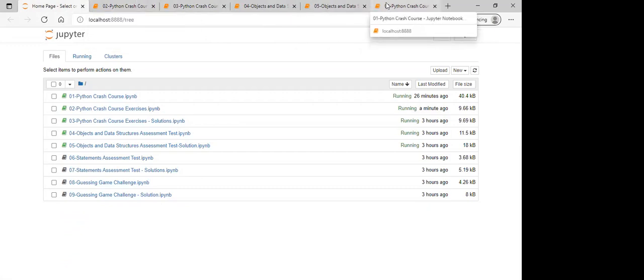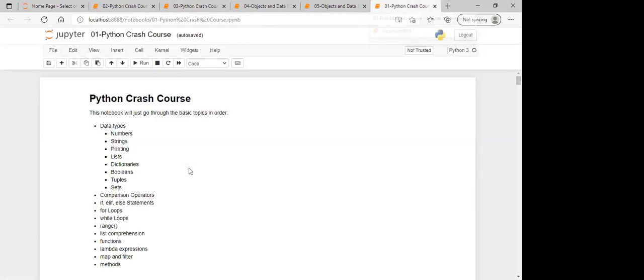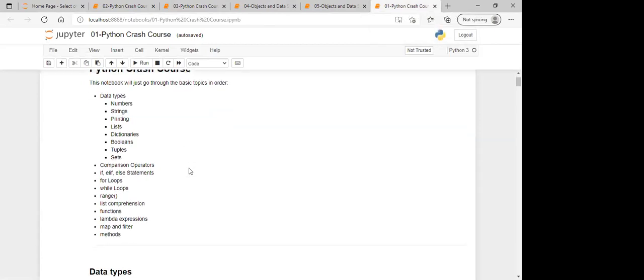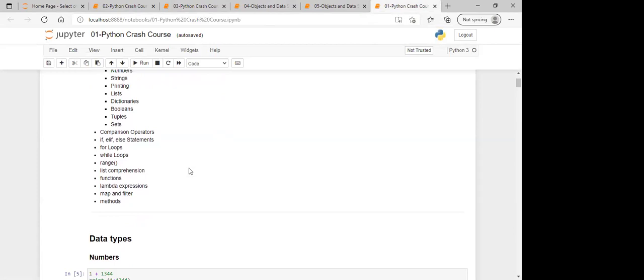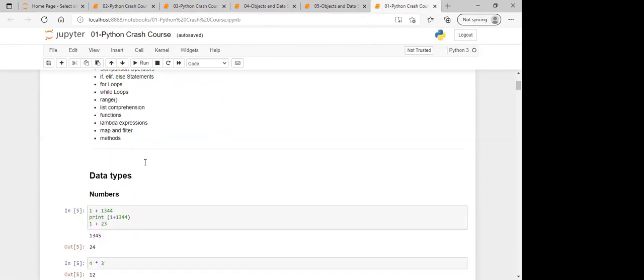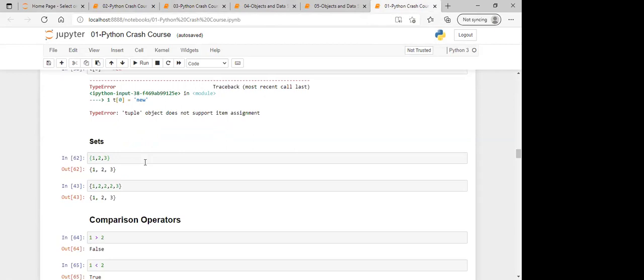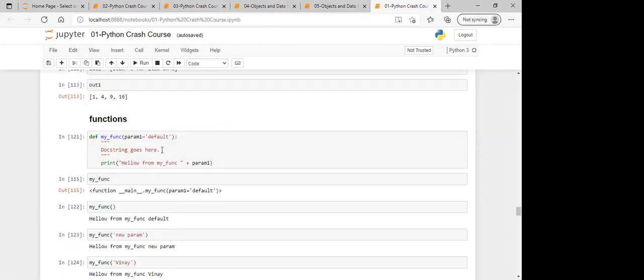Move right. This one. Click it. It should open. Now you go down. Go down to functions. You can see. Scroll down. Lambda expressions, map and filter, comparison operators, data types, tuple. Your voice is breaking, Anup. Maybe your internet connection. Go down to functions. Scroll down. Functions.